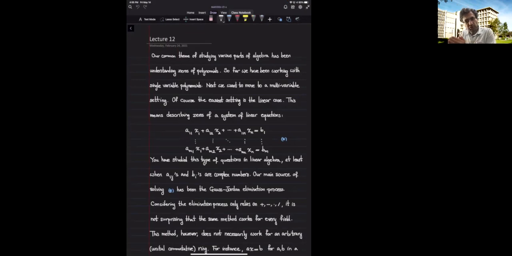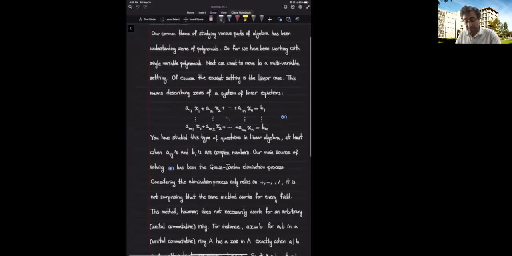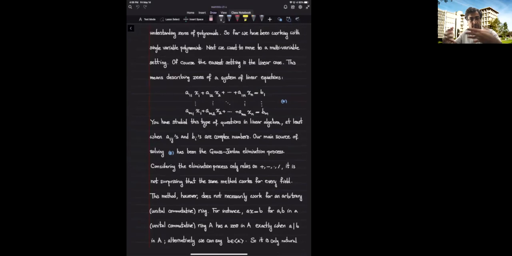Now, we want to shift from single variable polynomials to multivariable polynomials. We want to understand zeros of multivariable polynomials. The easiest such polynomials would be linear polynomials. So we want to understand equations that are given by